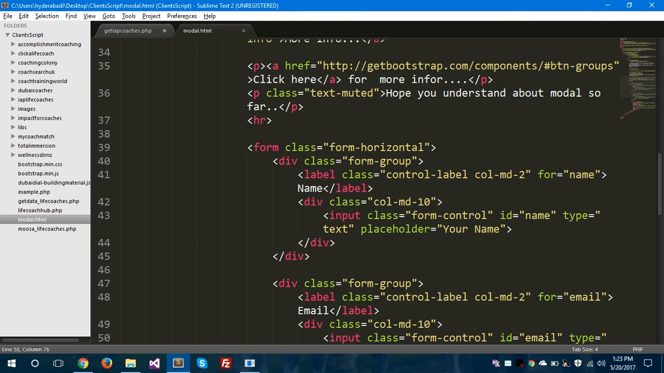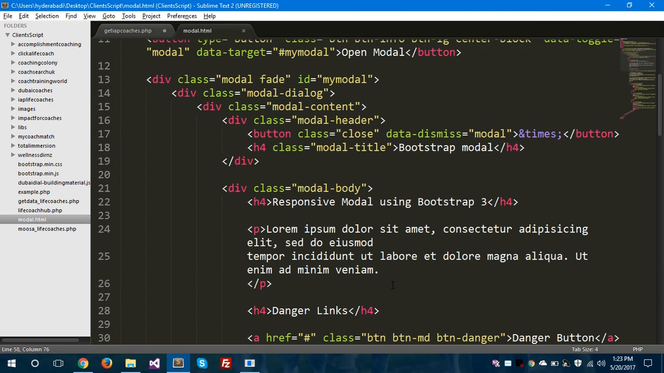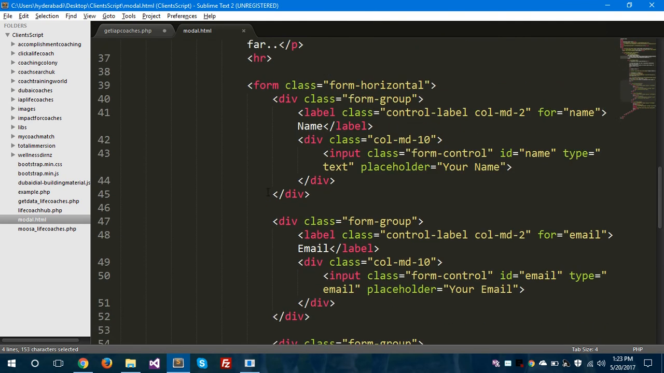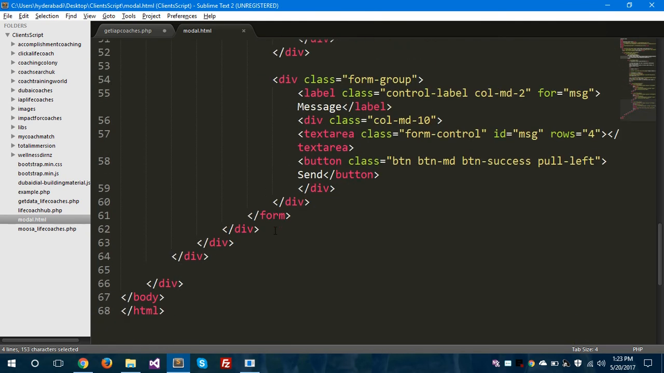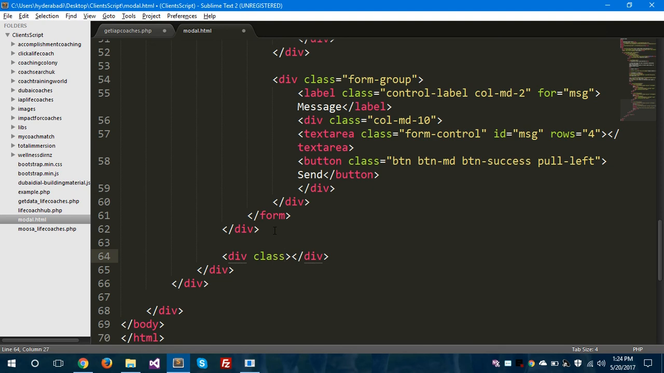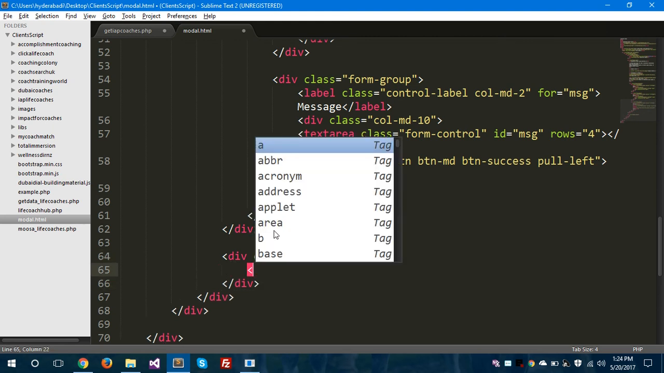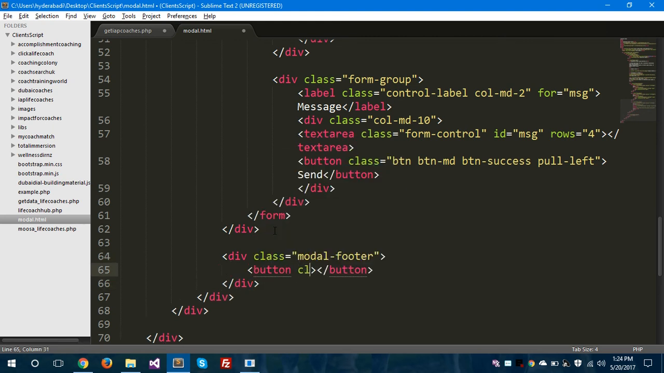Now we have completed the modal body part. As you can see here, this is the modal header and this is the modal body. Inside modal body I have given these things, and after giving modal body, let's take modal footer, another div tag for modal footer. Inside this modal footer, firstly I'm gonna take a button and I'm gonna give class as btn btn-md, btn-default,